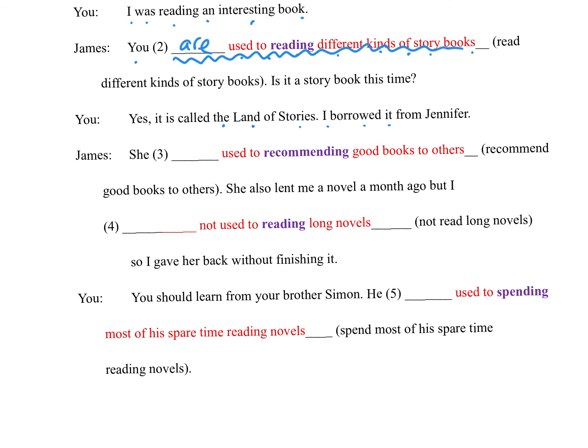I borrowed it from Jennifer. 我之前喺 Jennifer 嗰度借㗎。She is used to recommending good books to others。Jennifer 佢係習慣咗，成日都推介啲好書俾人㗎。She is used to 都係講緊佢一路嘅習慣嚟㗎，唔係過去式㗎喎。She also lent me a novel a month ago, but I am not used to